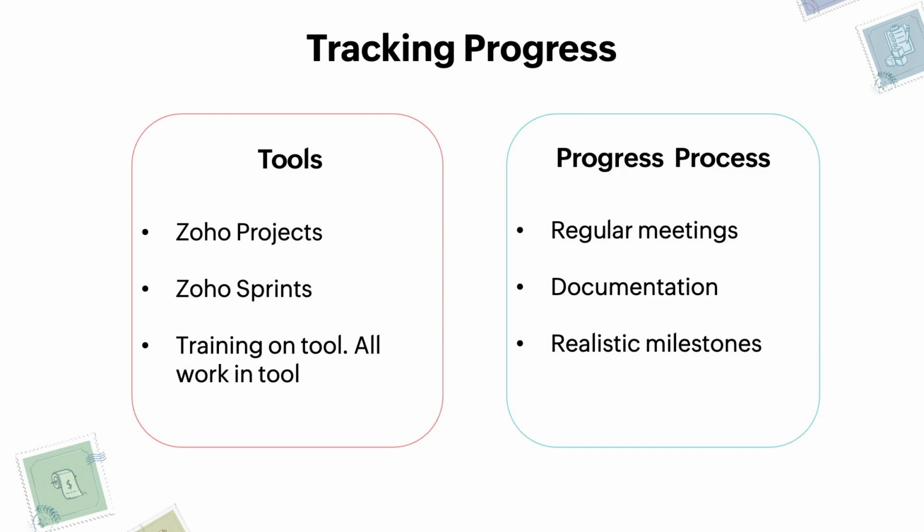Especially on long projects, you're not going to want to search through DMs for answers. You're going to want to say, okay, it was in this milestone, this task, here's the answer, right? I'm not going to talk about that example anymore. If you pick a tool, whether Zoho Projects, Trello, Asana, whatever it is, it's very important that everybody uses that